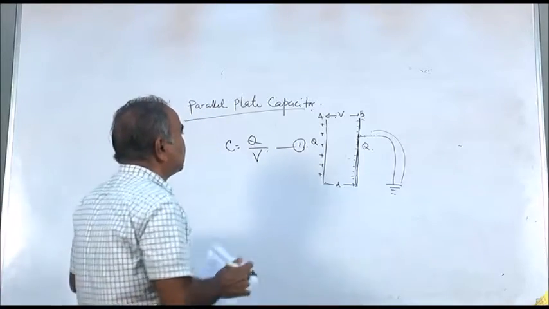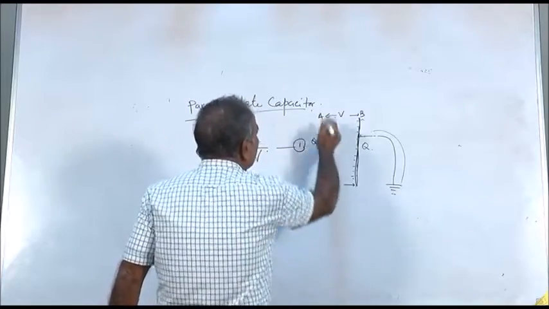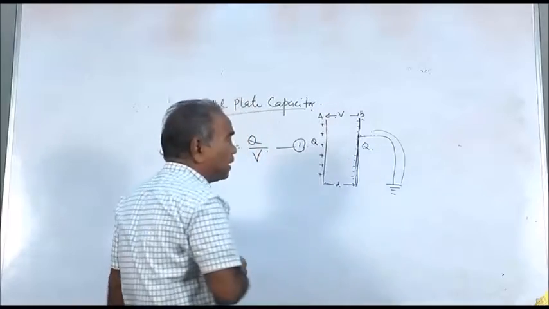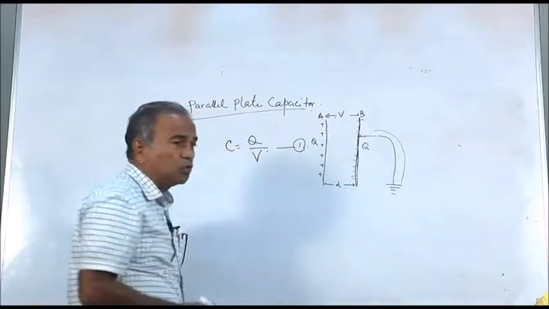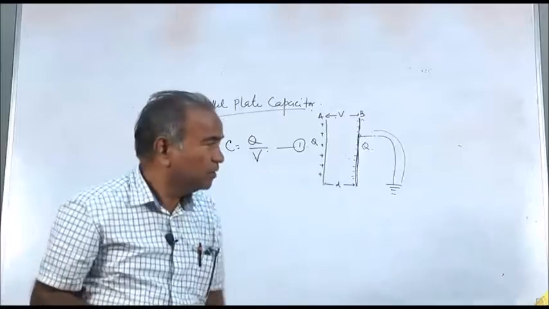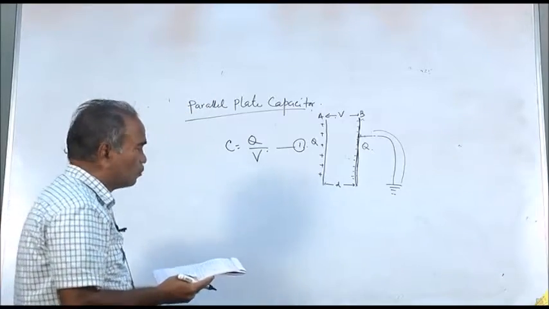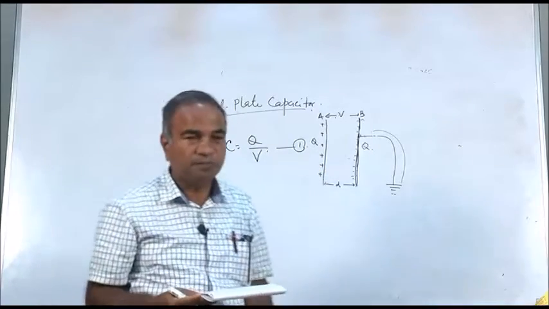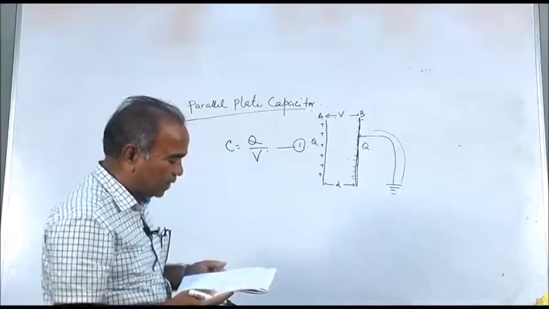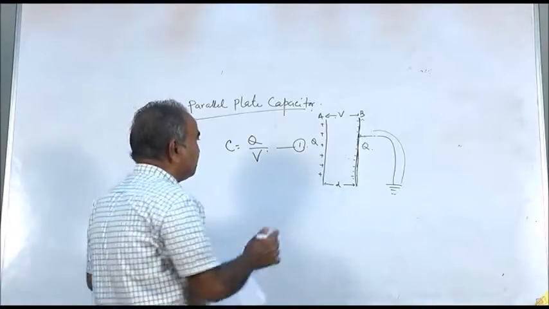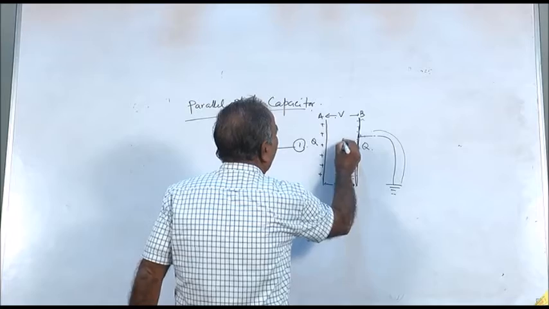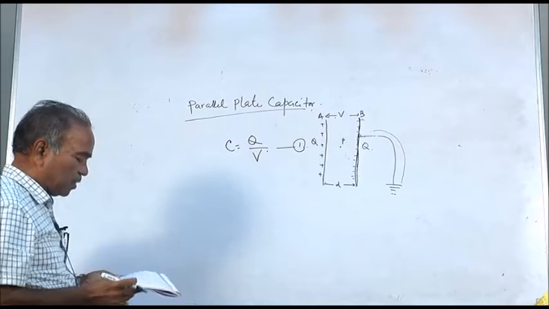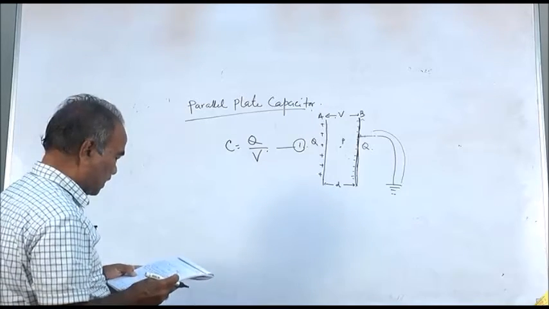And you see that since the charges are distributed over the whole plate, in plate A and also plate B, where positive charges are developed on one and negative charges on the other, those charges are not developed at a point. So you cannot apply Coulomb's law to find the electric field. So you have to use Gauss law. In the last class I calculated this: you choose any point P inside the two plates, and by Gauss law we found the electric field.